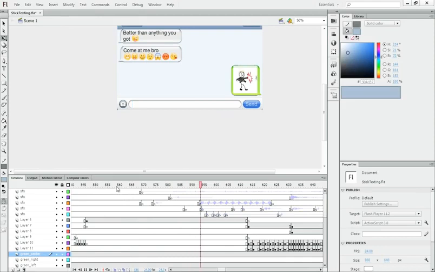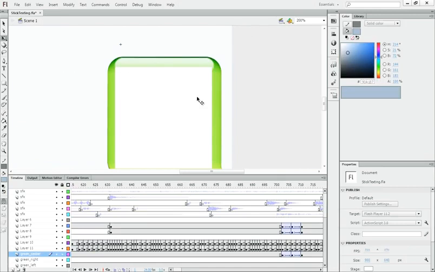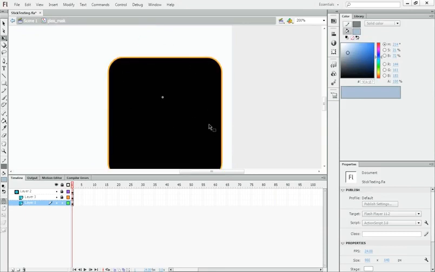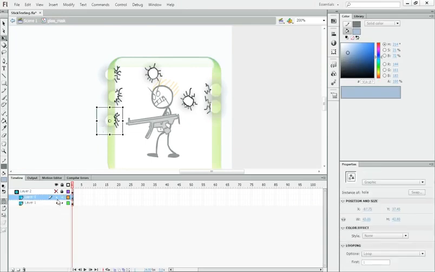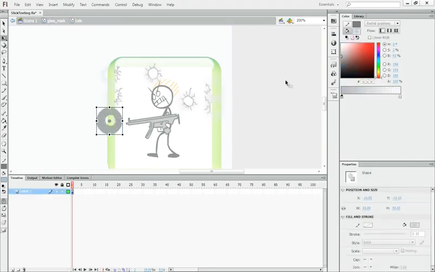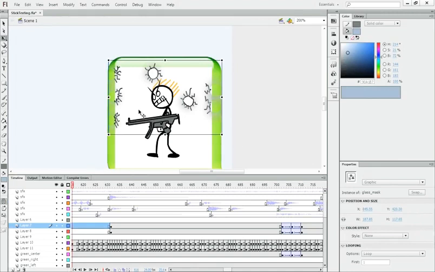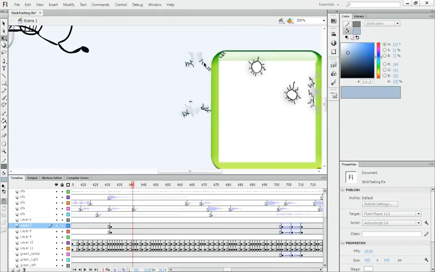So yeah, he takes his machine gun, and these marks are just made using a mask, which is that shape, to keep them inside of this shape. And then I have gradients, gradient fills with alpha to keep them fading out, and then I have just simple lines. So those are my bullet holes, and he breaks out, and then you see the glass shatter out, and that